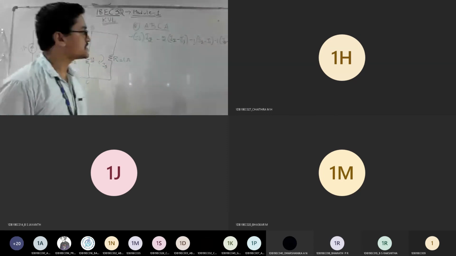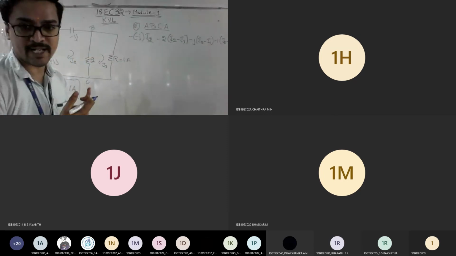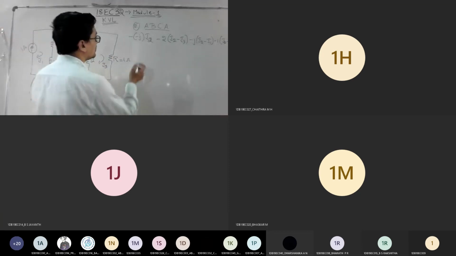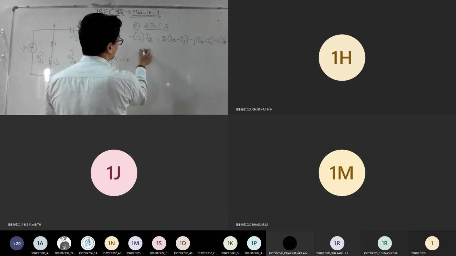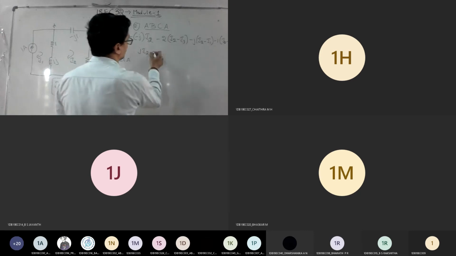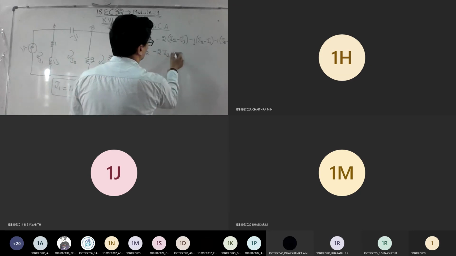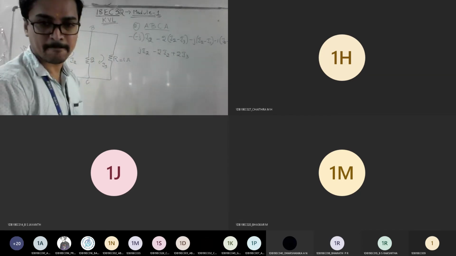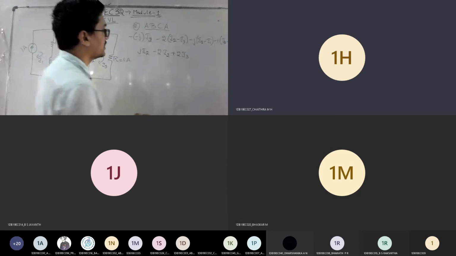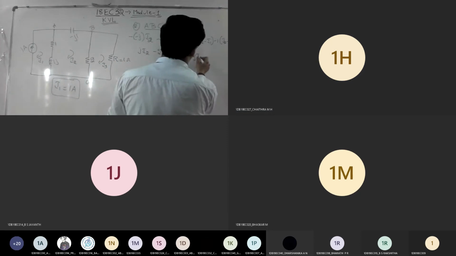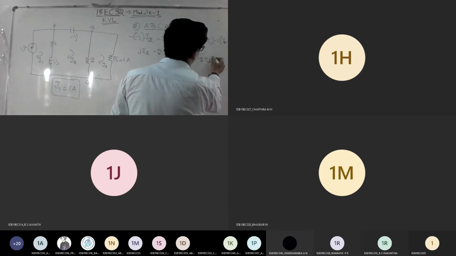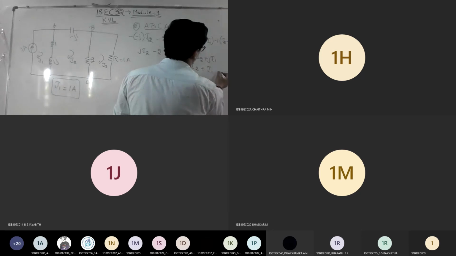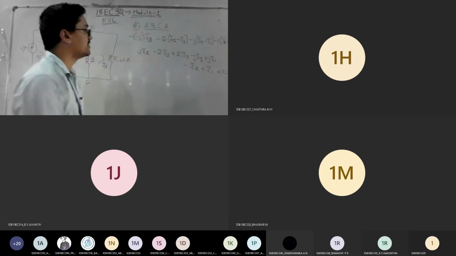Correct? So from this, we already know the answer for I1 as 1 amp. So just simplify this equation and tell me what is the expression you get. So this minus minus becomes plus. I can write j I2 and minus 2 I2 plus 2 I3. Is it visible here what I am writing? Everyone? Okay. So then minus j I2 plus j I1 minus I2 plus I1 equal to 0. So this is the simplified expression you'll get.